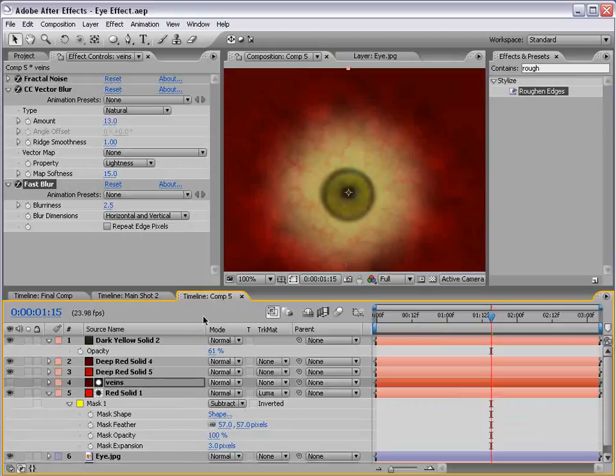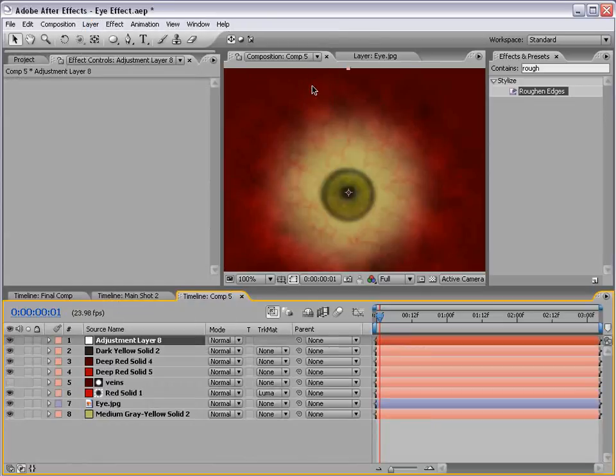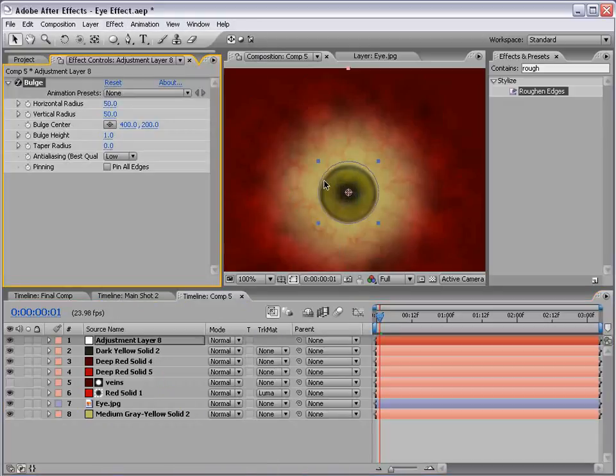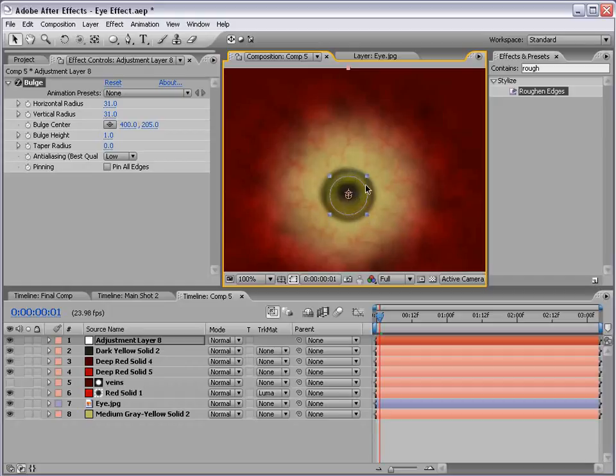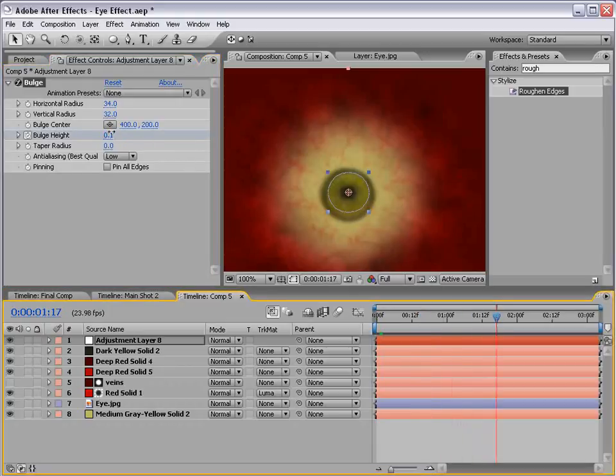Now let me show you how I created the eye dilating effect. We can just use an adjustment layer, choose Effect, Distort, Bulge, and we want the bulge to be just smaller than the dark ring around the eye, just a bit smaller, and that way it doesn't affect the area beyond it. And then you just keyframe the bulge height, so we can set that to 0, move forward, and then just